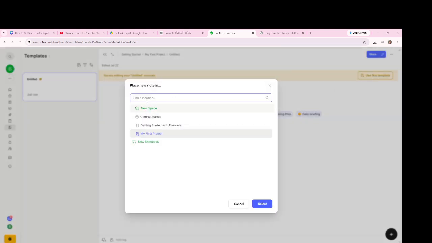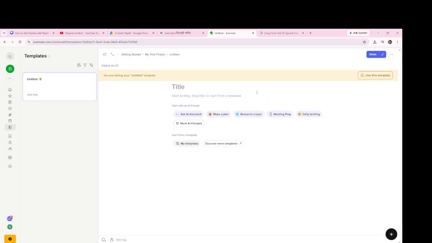Now, replace the sample text with your own information. You can edit the title, type your notes, add checklists, insert tables, attach files, or make any changes you need. Everything is fully customizable. When you're finished, Evernote saves your note automatically, so you don't need to click a Save